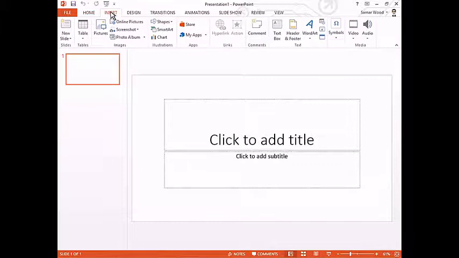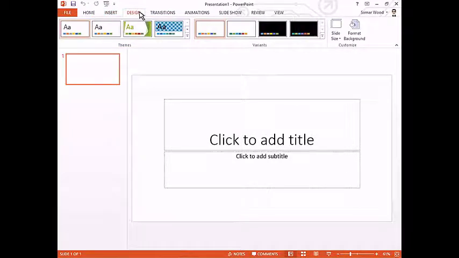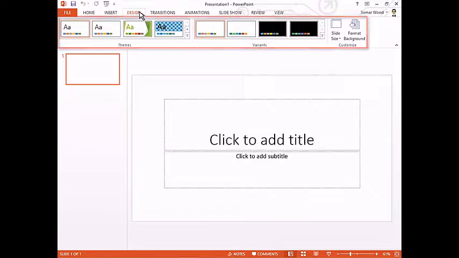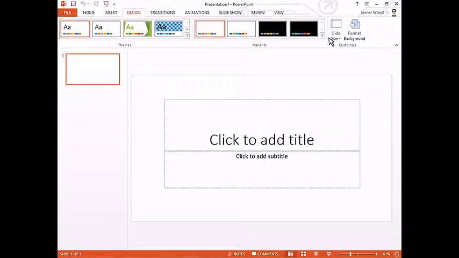Insert. The Insert tab has a lot of useful features that enable you to insert things like pictures, clip art images, tables, SmartArt graphics, charts, and many other items. Design. The Design tab lets you control the look and feel of your presentation. You can apply a global design to all slides by using one of the available themes and color schemes.